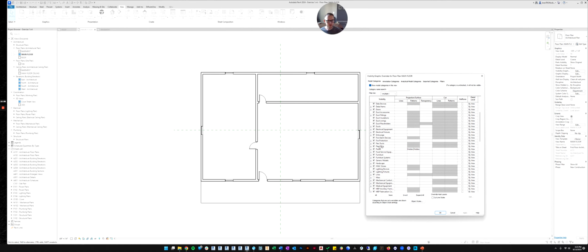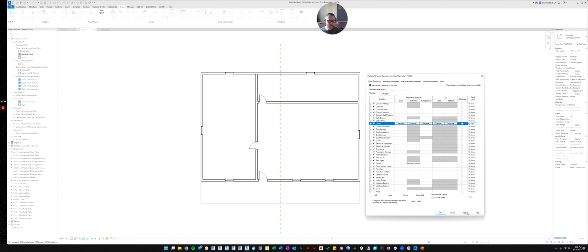The other thing you can do is maybe we want the doors to look differently. So let's go to the door category. Again, you can uncheck it and hit apply, and the doors will disappear, or you can put them back, right? The other thing you can do is you can make them half-toned. If you click this button here, this will make them, instead of being black, it'll be gray. So they aren't as distracting. So let's make them back black again.